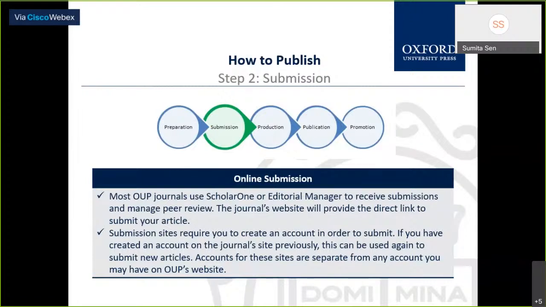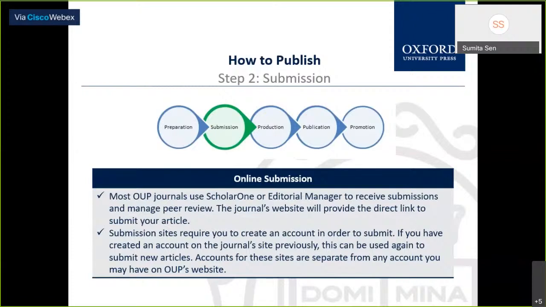After you submit, it goes to the peer reviewers. They will review your work. After that, once they have approved, or what if they have rejected, whatever, we are assuming it is approved, then it goes to the OUP production team. When it goes to the OUP production team, you will have to create another account in our author services site.